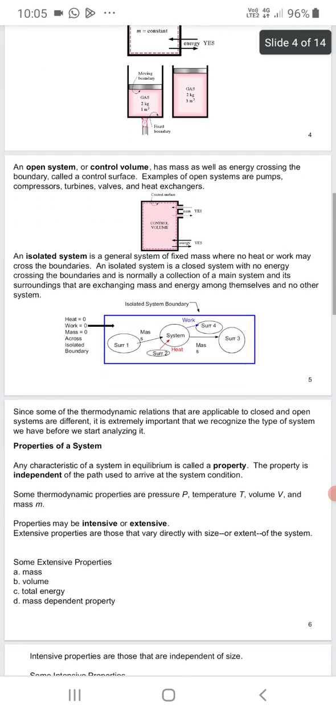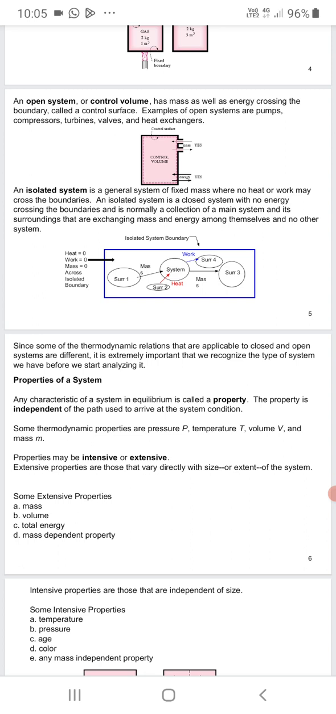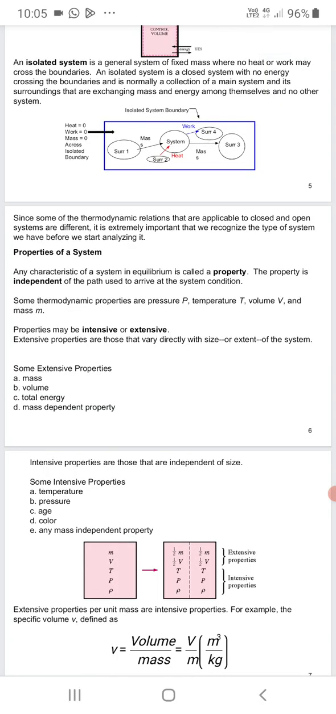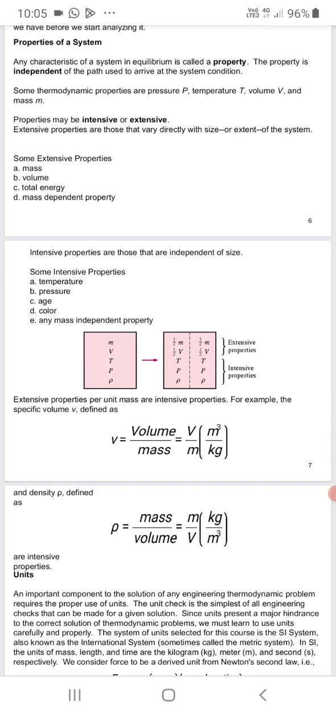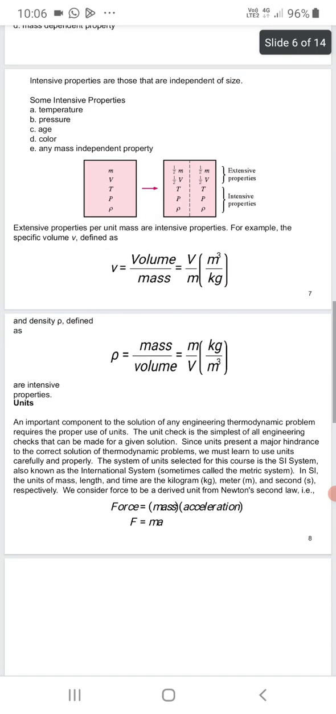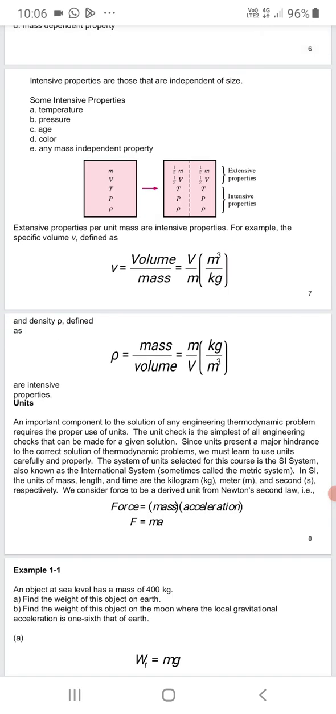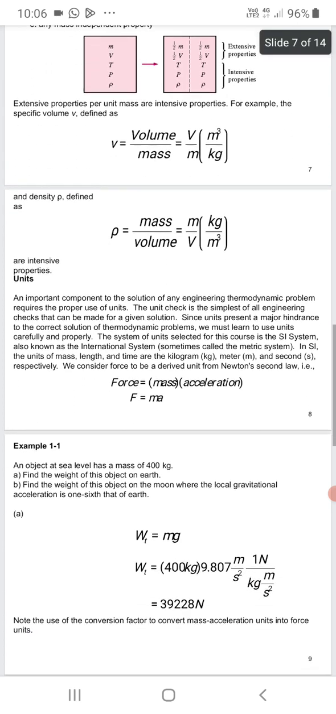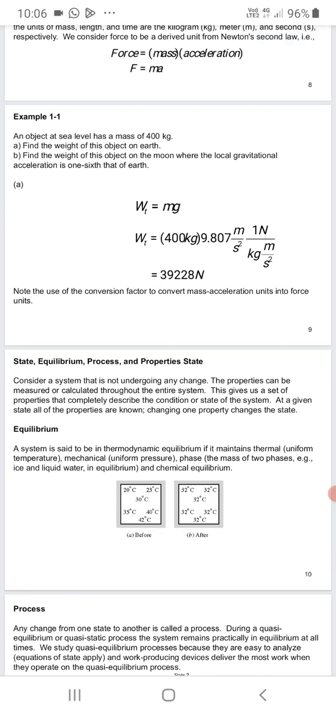Now, properties of a system. Properties of a system are mass, volume, internal energy, density, pressure, temperature, and color also. In that, some are measurable properties. Pressure, temperature, and volume are measurable properties, and there are non-measurable properties. That is, enthalpy and entropy are non-measurable properties. We cannot directly measure the energy, but in another form we can measure. And next we'll see about equilibrium of state,